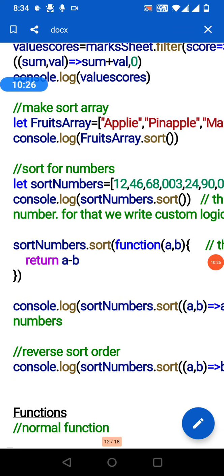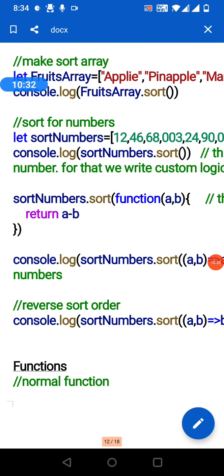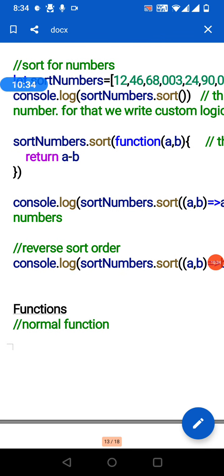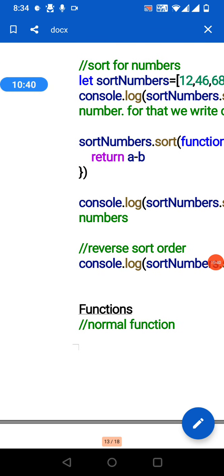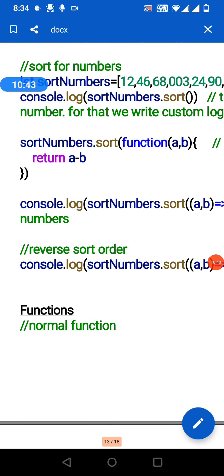So for that we have to give a function inside the sort. So this is the array, numbers.sort function a comma b, inside we give return a minus b. So it checks whether the condition is satisfied. If a minus b is less, then it will be stored at the start.